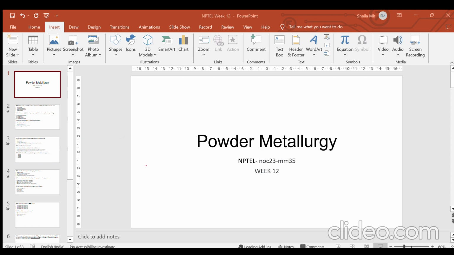Now, the next question says that during the sintering process, as the temperature increases, the yield strength increases. But as you increase the temperature, there is a realignment and recrystallization of your grains, and that will affect your mechanical properties, which are yield strength, ductility, your response to deformation, your plastic deformation. So it says that the yield strength increases, but as you increase the temperature, the yield strength does not increase. The yield strength actually decreases, because you know that yield strength is a property of your grain size, and it is